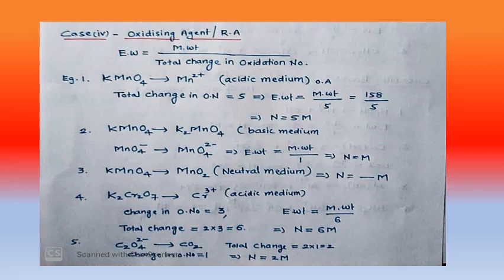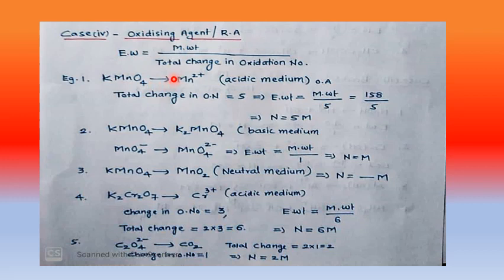So students, first case, KMnO4, potassium permanganate, to Mn2 plus in acidic medium, this reaction takes place. Okay, so here total change in oxidation number. I hope you know how to calculate the oxidation state or oxidation number of the metal. So in KMnO4, K plus 1 charge, oxygen minus 2, you will get Mn plus 7. I don't want to explain again how to calculate oxidation number, directly I am explaining the concept only. So total change in oxidation number equals 5, because here plus 7 and plus 2, 5 only. Because here also 1 Mn is present.